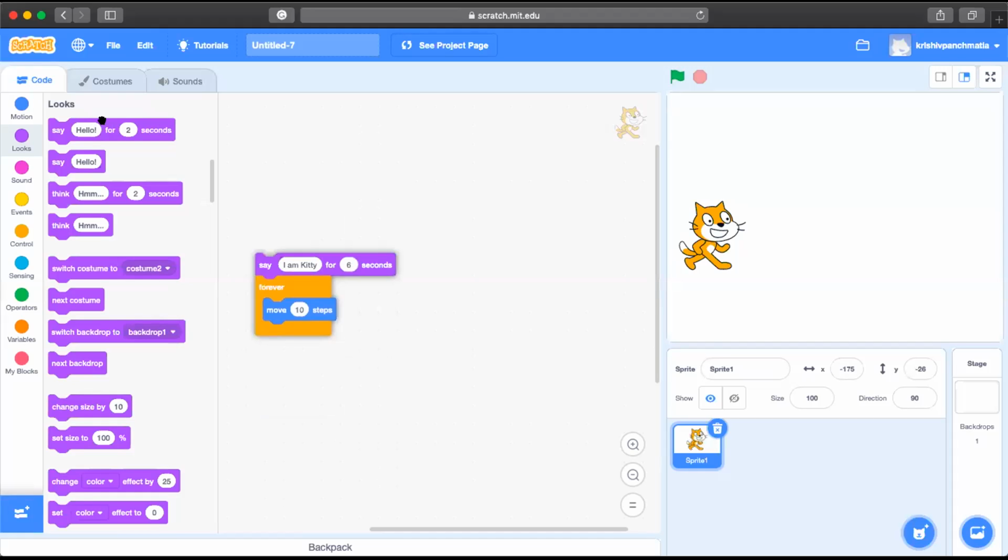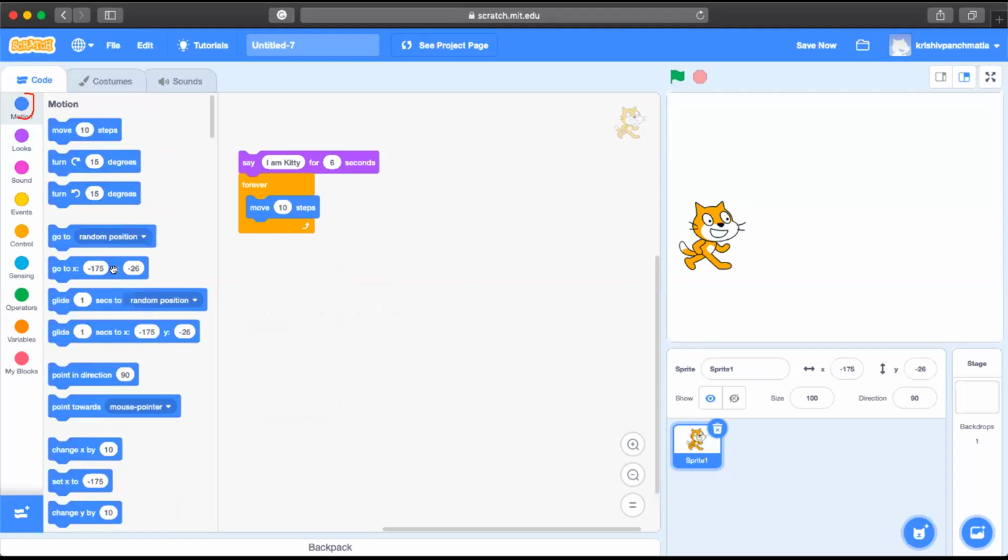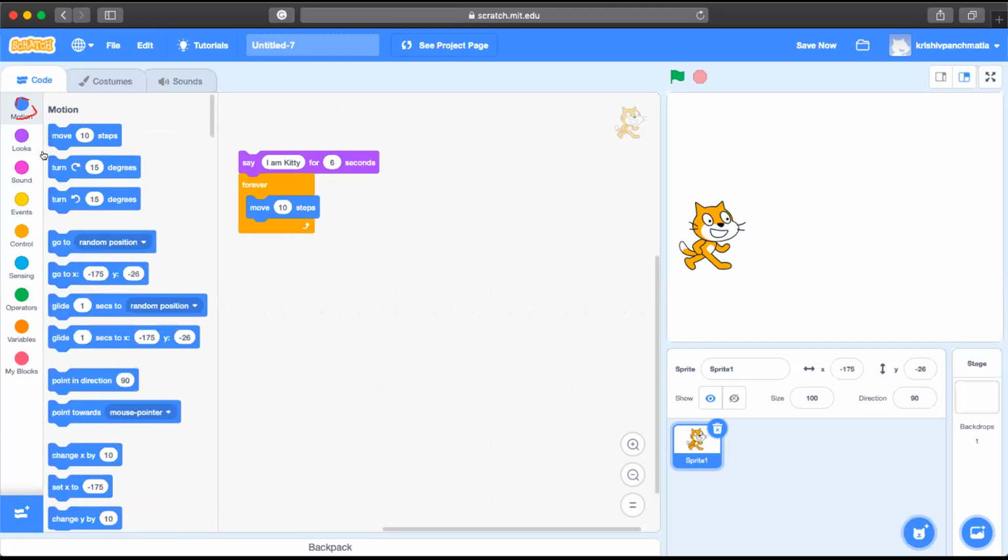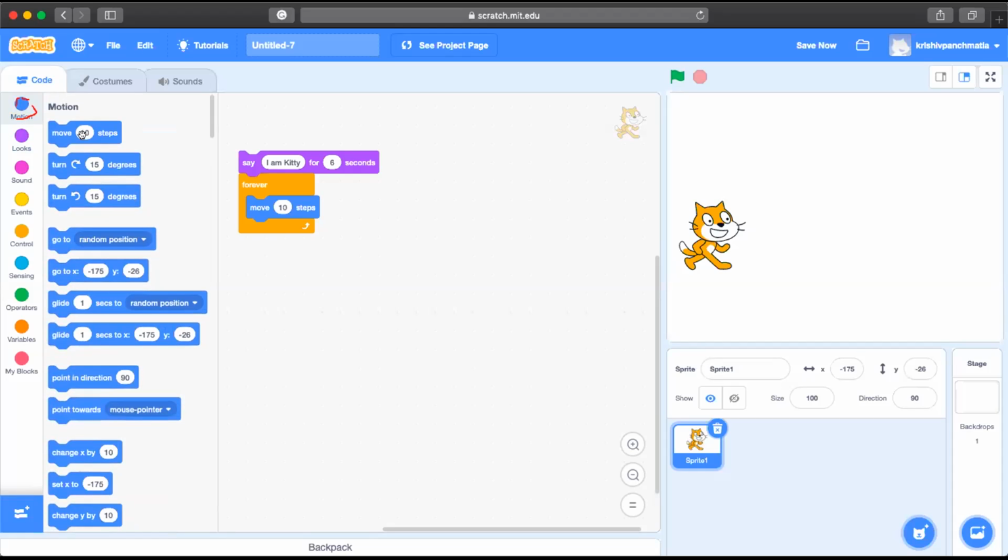Just click on the motion and scroll down, you will see a block which says if on edge, bounce. Then just drag and drop it below the move 10 steps.